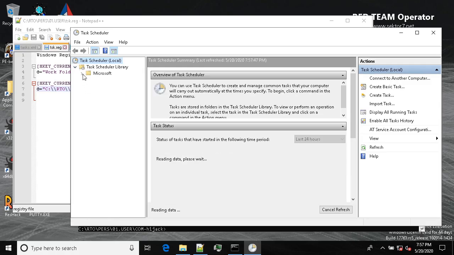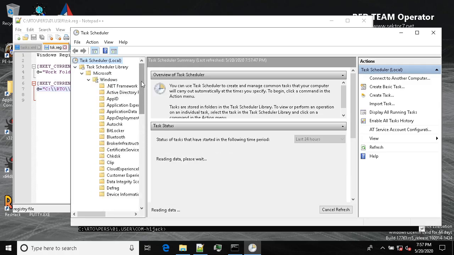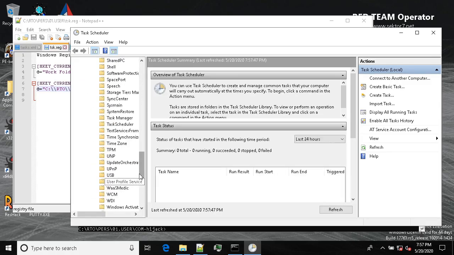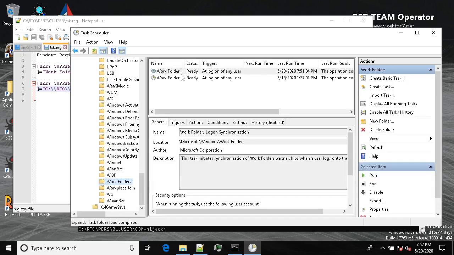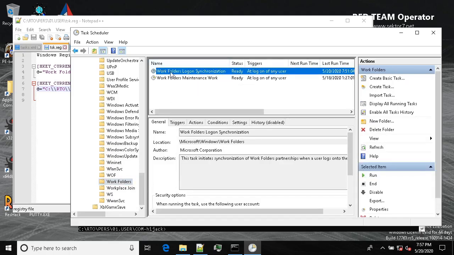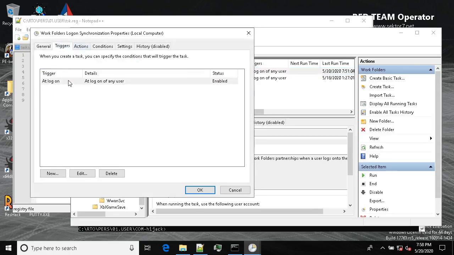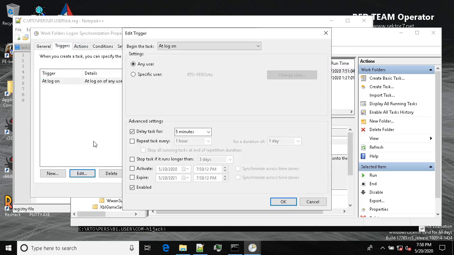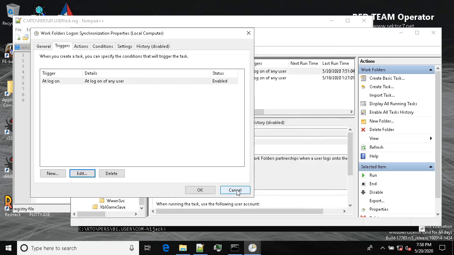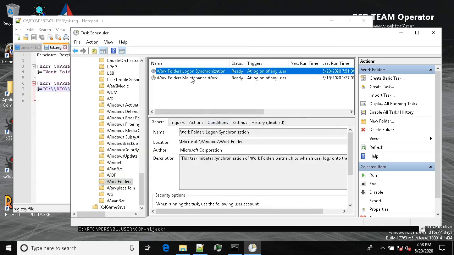So we go to Microsoft, Windows, and work folders. So it was logon synchronization task, and as you can see here, it's a logon, and it's triggered after 5 minutes, delayed by 5 minutes. So that is why we won't relog in. We just run that task here,